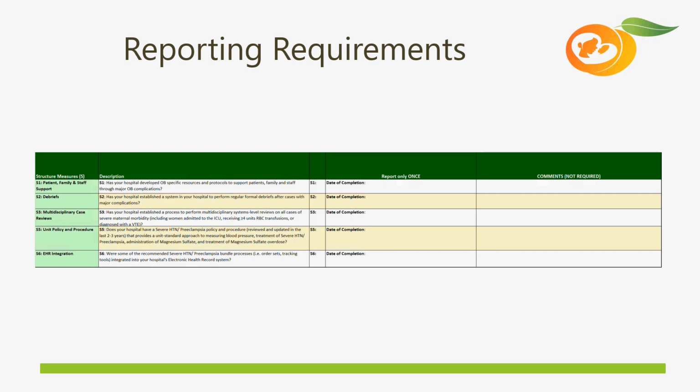And so, Dr. Kotke, for a hospital that has, we have some hospitals in the state that have really, really high volumes, and I know that's one of the reasons this is a concern, obviously. But would they have maybe just in their hospital policy that they were going to do debriefs after those very, very severe cases like eclampsia?